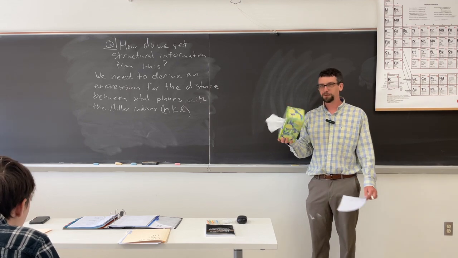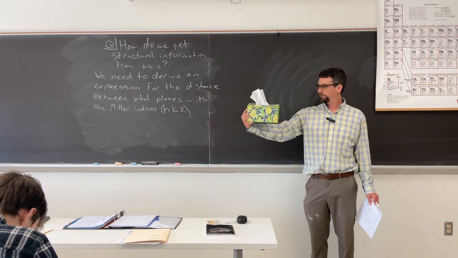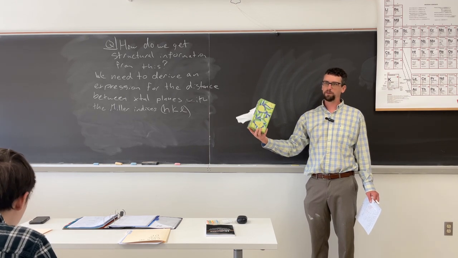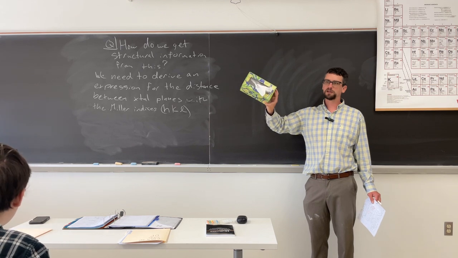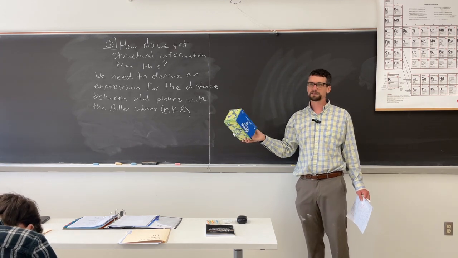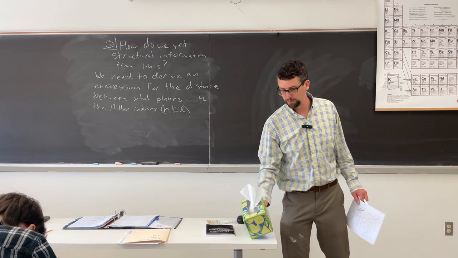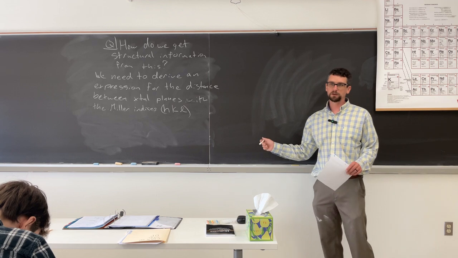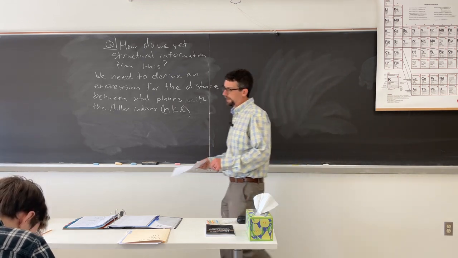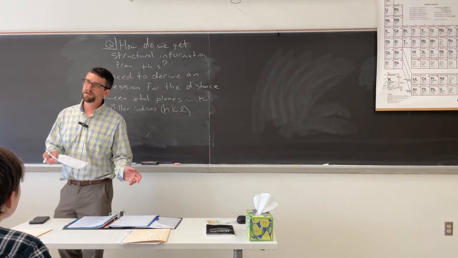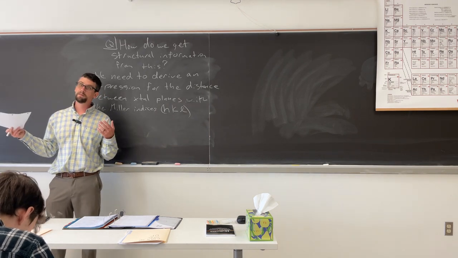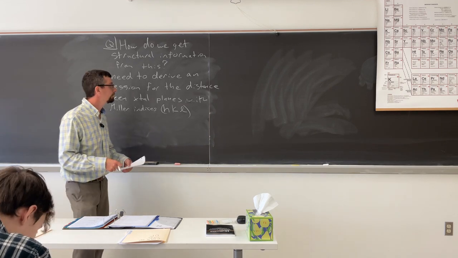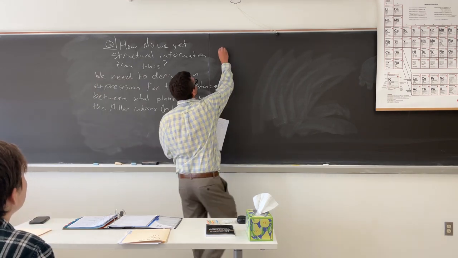The reason for that is we're going to hold a rolled tissue box as an example. If we want to look along different directions of this crystal, if we add up all those different directions and distances as we look at this thing, we should be able to get all the information we need for a crystal. We're going to start with an easier expression using Bragg's law. And then we're going to move on to something more complex called atomic form factor, atomic scattering factors, and structure factors. Okay, so to do this,